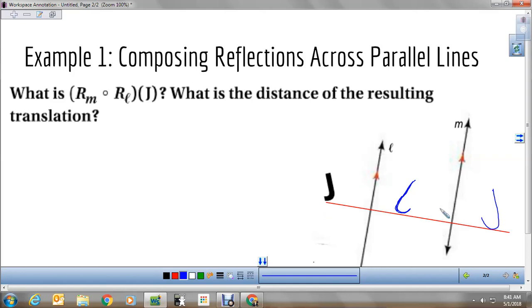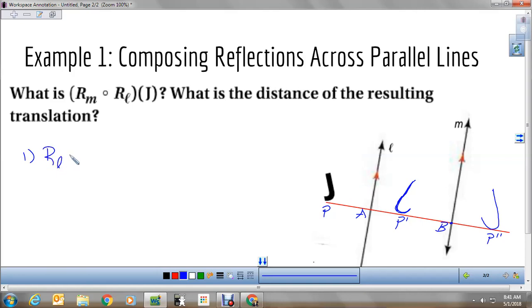To help us better understand the distance part, we're going to label these. Let's just call this point P. We'll call this point A. This is going to be P prime. We'll call this point B, where this intersection point is, and this will be P double prime. So the first thing we did, kind of looking at our distance, we're going to do the reflection